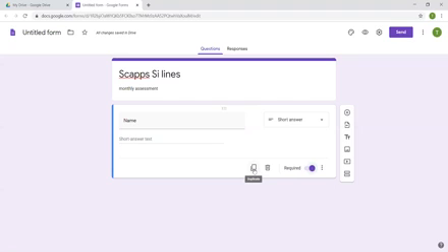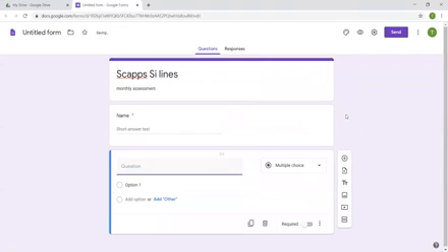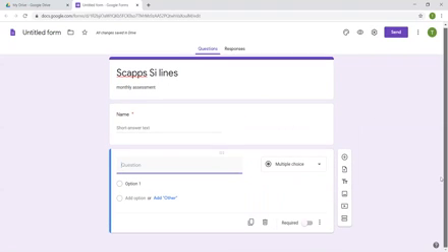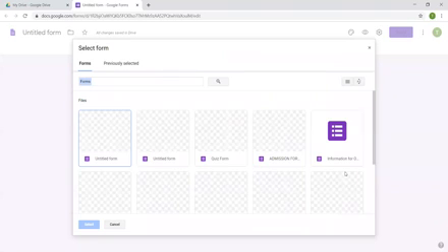And for the next, we can just make a duplicate if we want the same question. If we want another question, we can come to these symbols. If we press plus, another question comes automatically. We can also change the type of the question here. And if we want to import a question from another form, we can import it here. If we are making these forms many times and want to repeat the same question, we can import it from other forms. So I am importing from a previous form.